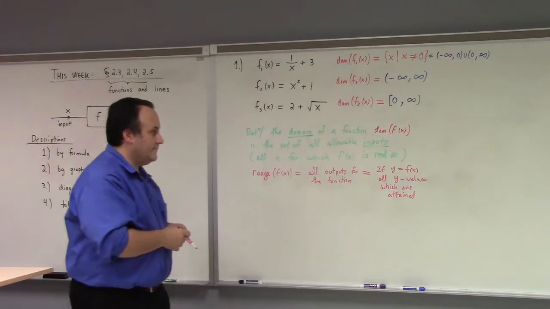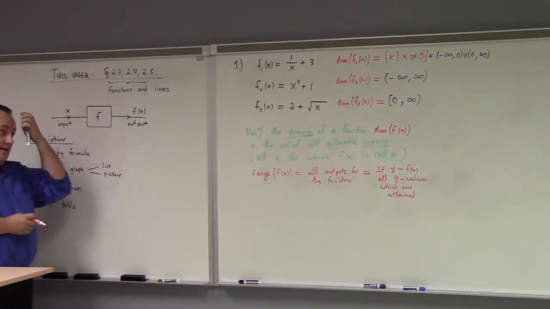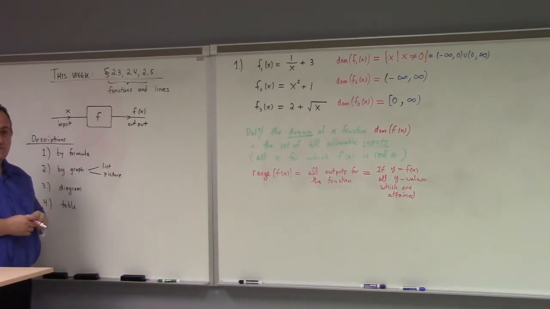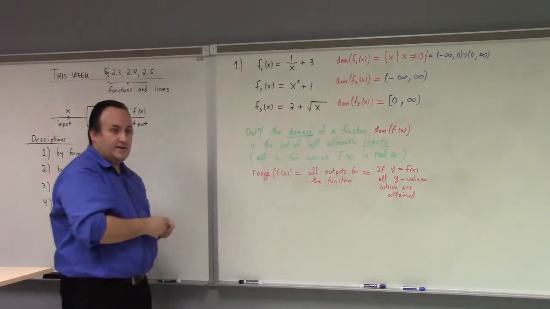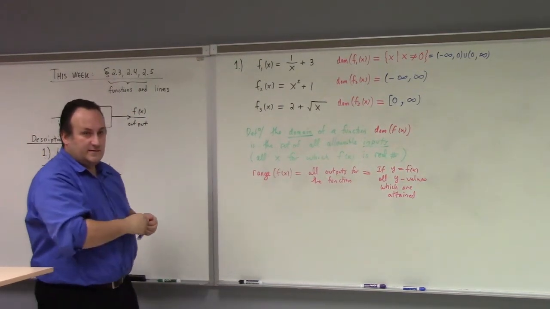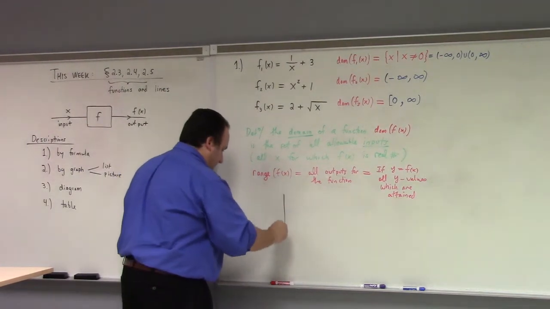So if you have a formula, right, and you look at y equals f of x, what's this called? This is called the graph of the function, right? So it's interesting to look at the graph of f1, f2, and f3. Can we draw those down here? I think we can, right?